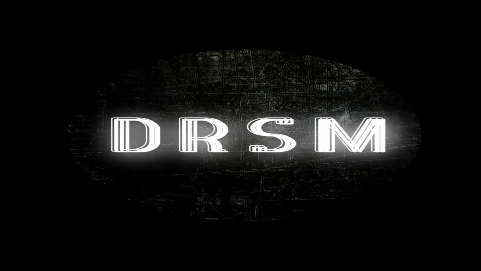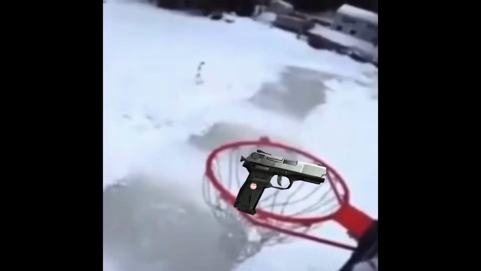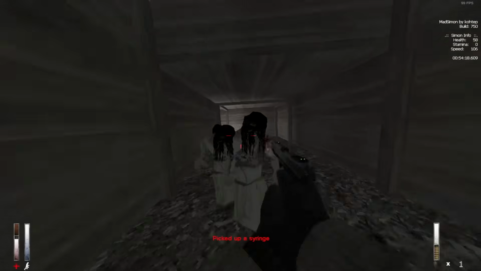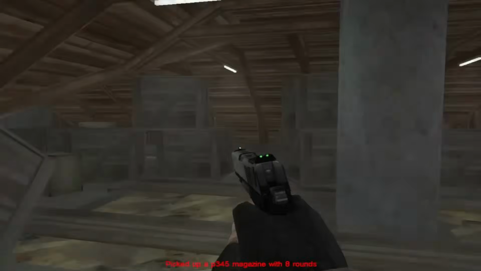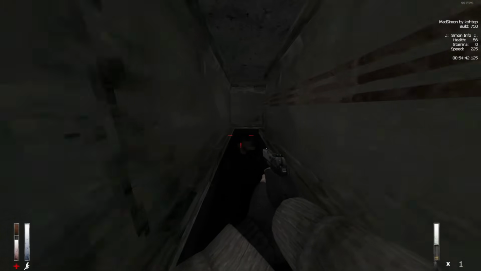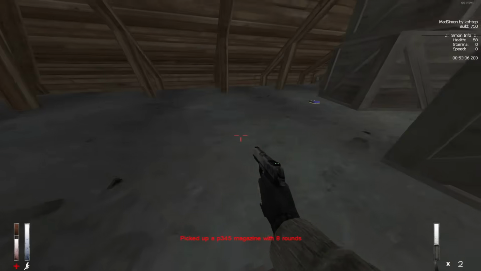The P345. If you ask for my shortened opinion, Team Psyscalar cooked with this one. They cooked. But I gotta explain. So, the gun looks awesome. It sounds awesome. It does strong damage. It has a cool iron sight. It can be dual wielded with another gun that is coming up. It has really cool animations. Okay, enough glazing. Yeah, I really like the gun. The only downside to it is that the gun is only achievable in the near end of the game,